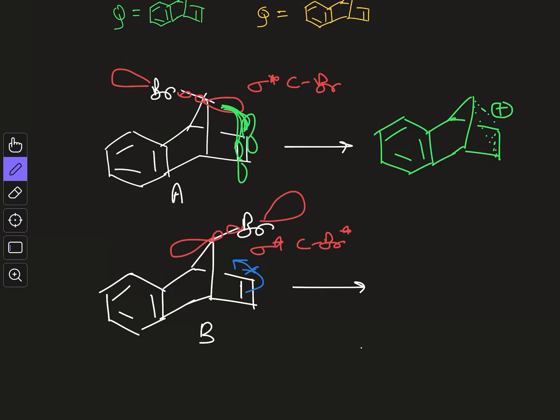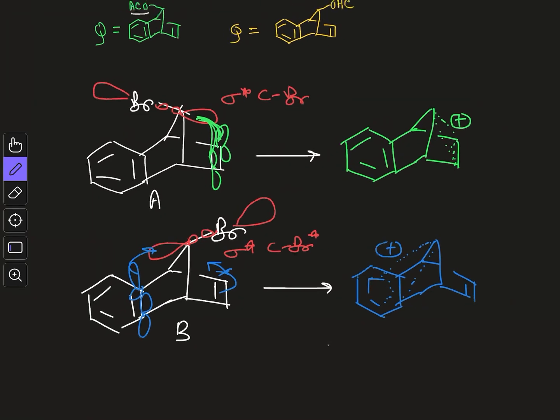Now what is the option? The pi electron cloud of this benzene ring can participate over here. So this is the structure of the intermediate for this side, and from this side the structure of the intermediate will be like this. So the pi bond will be as it is. Now you will have participation from this benzene ring. So I just draw it like this, and here you will have participation from this benzene ring like this. So this is how your benzene ring will participate. The positive charge is spread out over this side.